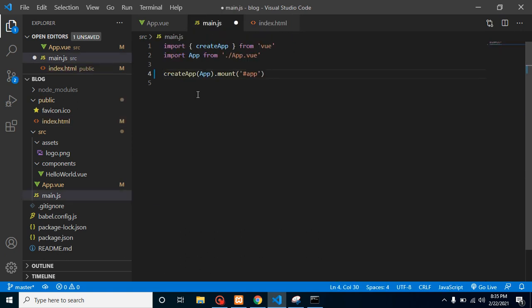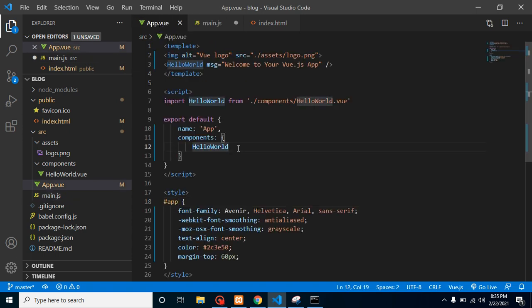So this is our entry file. Here you can see that our first component is app.vue. In every component you will find 3 things. One is template, second one is your script. In template we basically write our HTML, and this is our script, so you can say that this is our JavaScript code, and last one is style.